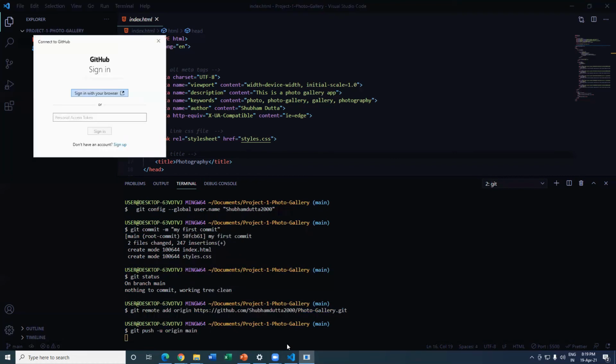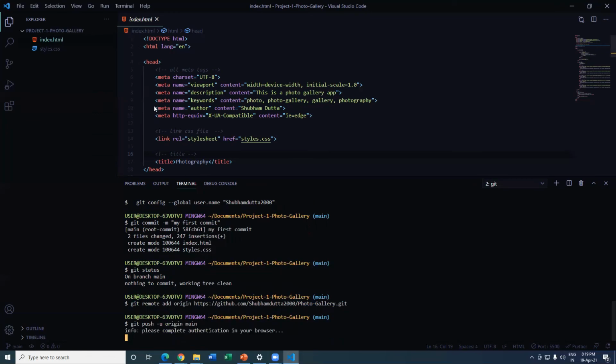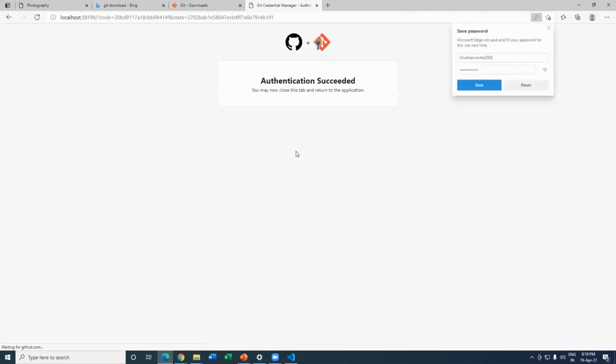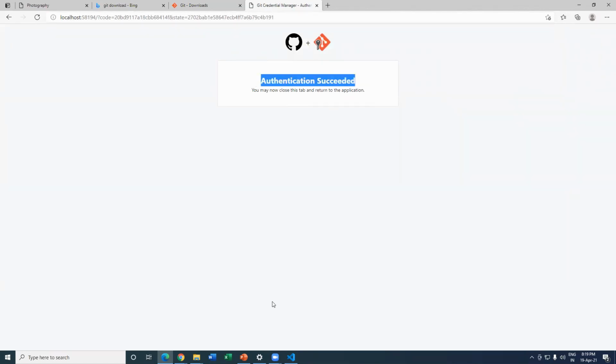I also have to sign in. So username, you have to write your username here also. Now here you can see that the authentication succeeded.